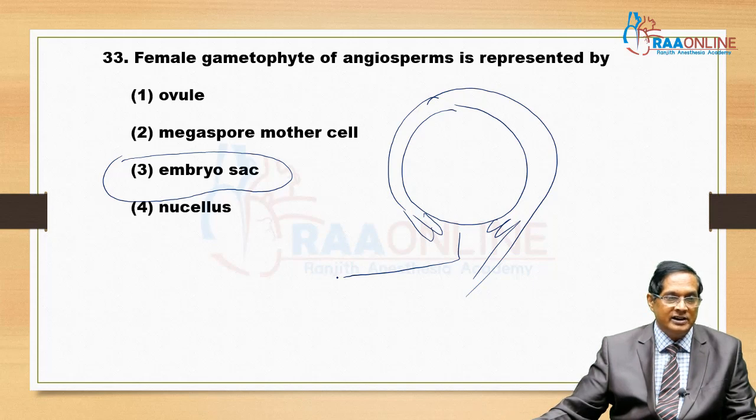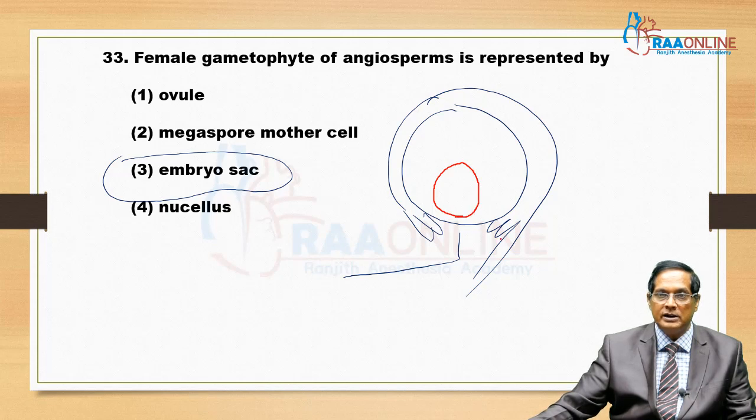And inside the nucellus towards the micropylar end, this is the female gametophyte or embryo sac,